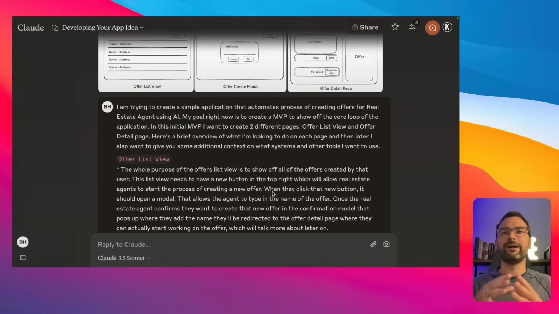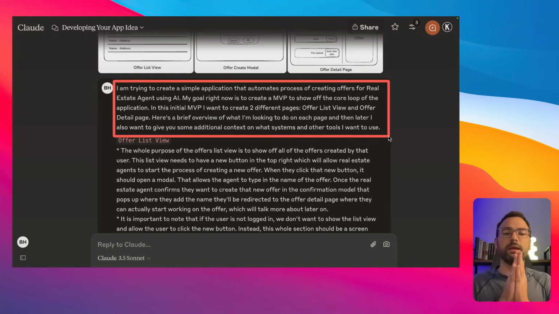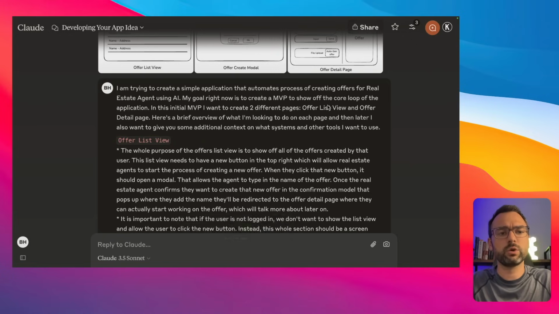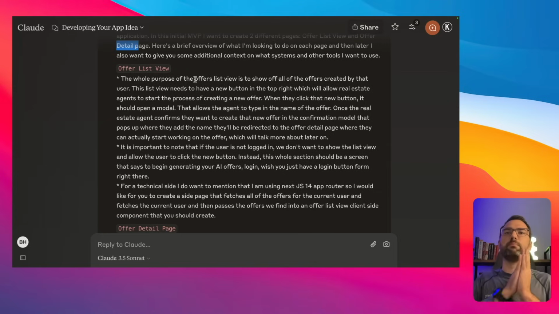So here's a little bit about how I approach this so that you can use it on your own when you're trying to build your own applications. So right out the gate, what do I like to do? First things first, I want to say, hey, I'm basically just trying to make a real estate application that makes it easier for real estate agents to create offers. There are 2 pages inside of this application. There's going to be the list view and the detail view, just like we talked about and just like we uploaded. Then I just do a brain dump inside of Claude saying, here's what's going to happen in each page,